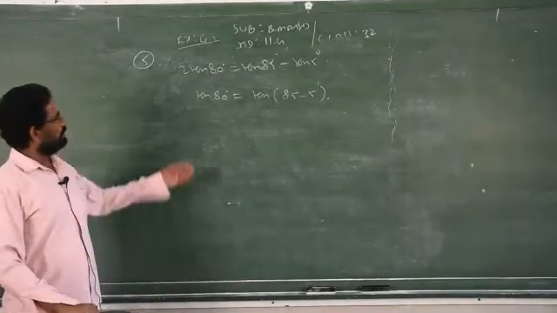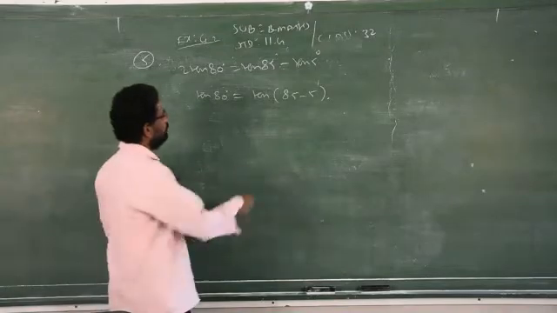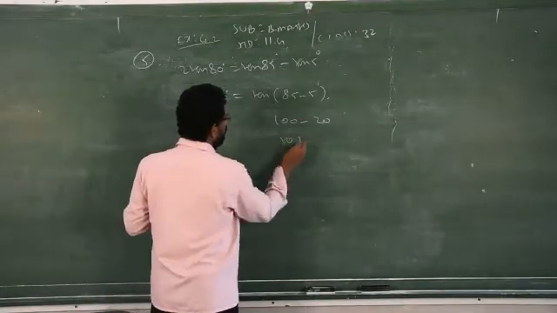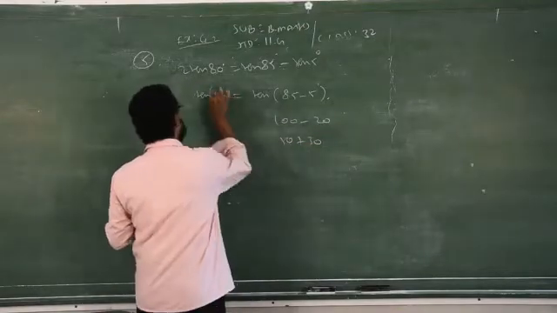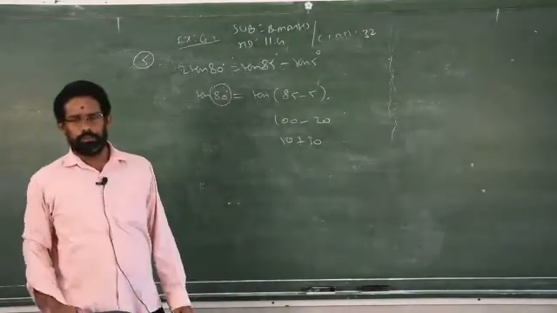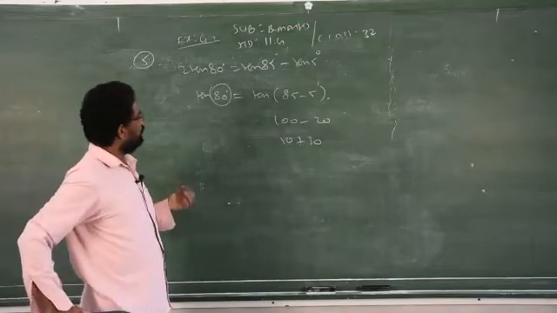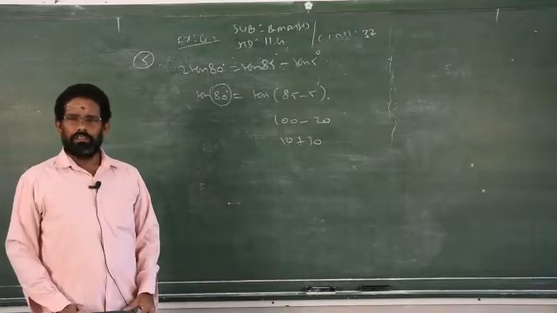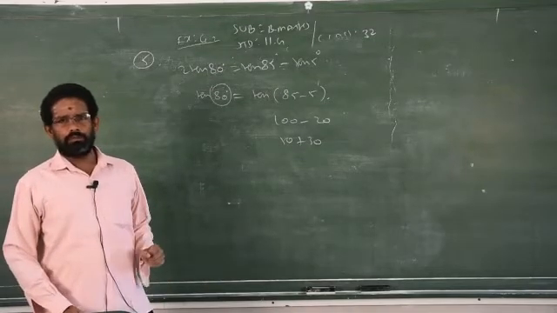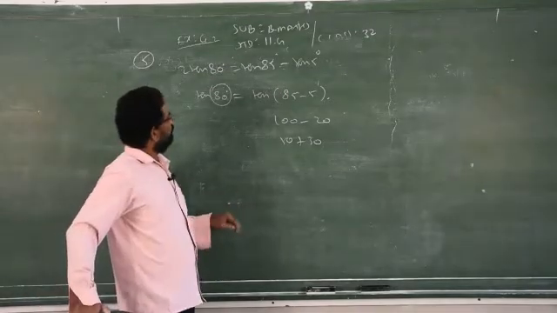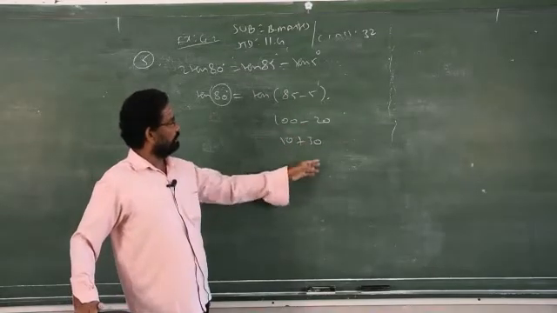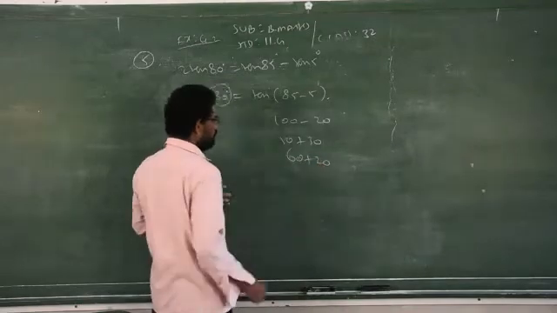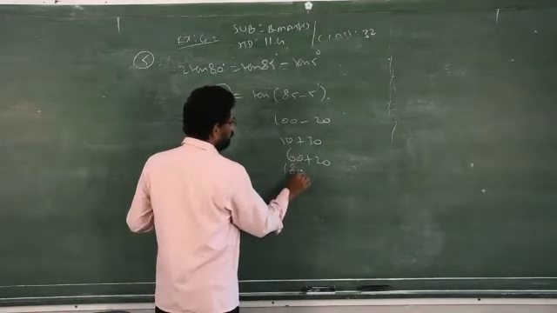Sir, why you are using this? You can replace 80 by 100 minus 20, or 80 can be replaced by 5 plus 30. So many possibilities of getting 80 degree. So you may be wondering why we are taking only 85 minus 5. Clear? So normally everybody has a doubt why we are taking only 85 minus 5 instead of 100 minus 20 or 50 plus 30 or 60 plus 20. There are so many possibilities, even 180 minus 100.